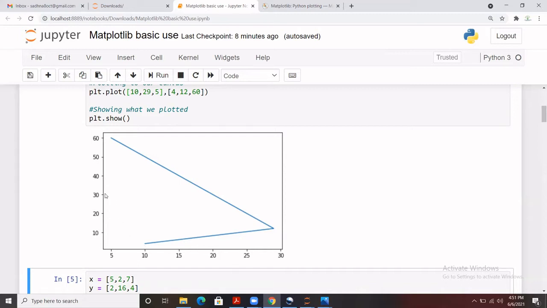25, and 30, and here it is 10, because here we have small values, so it has given a small difference between two values, and here we have started from 4 and then 60, it has given a difference of 10. So this is the very basic thing. Matplotlib is quite smart, we don't need to mention that.